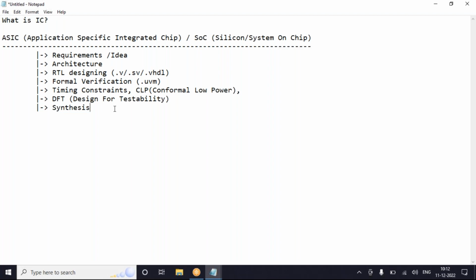So front end and back end, there are two teams majorly. Front end people are going to be working purely with respect to the logical aspect of the design, and back end people are going to be purely working with respect to the physical aspect. That means technology, routing, cell, everything. Let's say like a civil engineer.